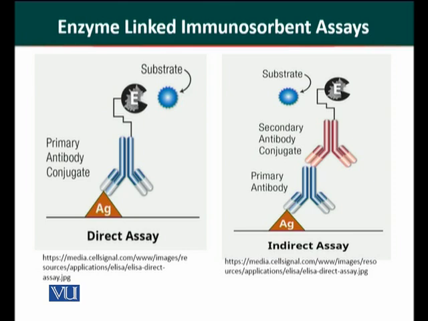In indirect assay, we use 2 antibodies. The principle is that the antigen is bound to the polystyrene membrane. Primary antibody attaches to the antigen. To this primary antibody, secondary antibody is attached, and this secondary antibody contains the enzyme, and by the addition of substrate and the coloring agent, the target molecule is detected. This indirect ELISA assay is more specific and more sensitive than the direct assay method.